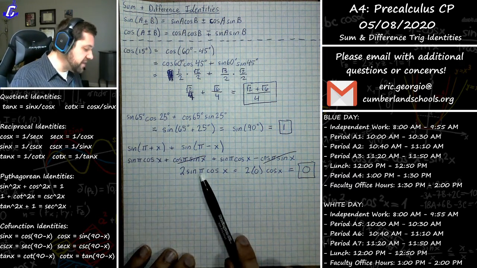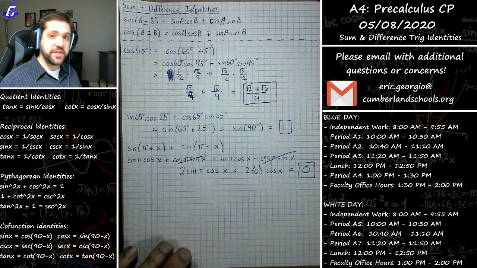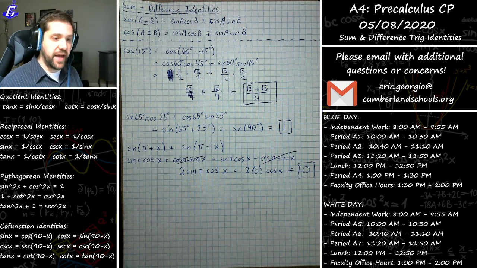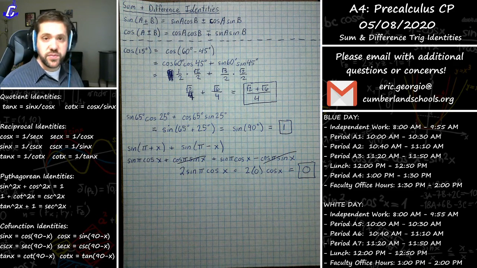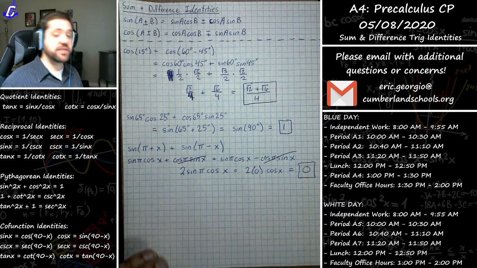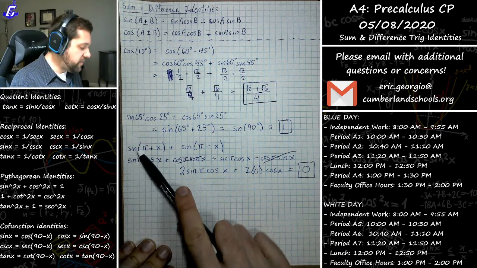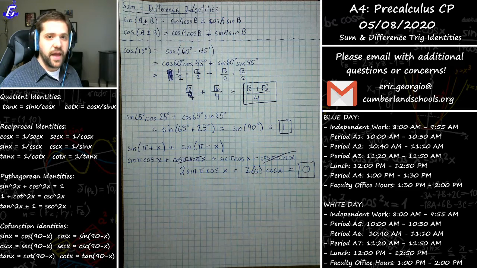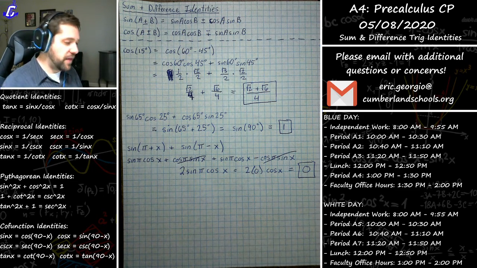Notice that if this instead of pi were, say, pi over 6, the sine of pi over 6 is 1/2. 2 times 1/2 would be 1, and so that would simplify down to the cosine of x. And this is exactly what you're going to see when we transition to proofs, which I'm about to do for you. Instead of just having an open-ended problem asking you to simplify an expression like that, you would say, prove that the sine of pi plus x plus the sine of pi minus x equals 0. And really, it's no different than what you've seen here. All right, let's take a look at what that looks like right now.